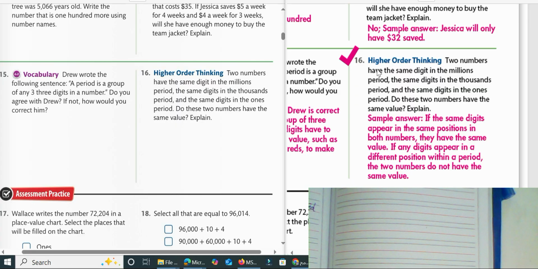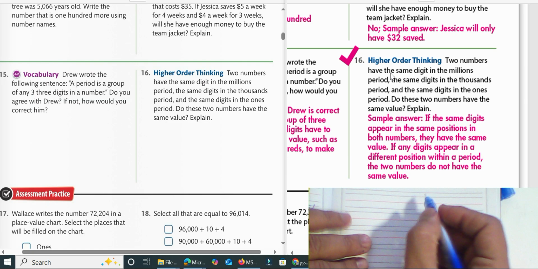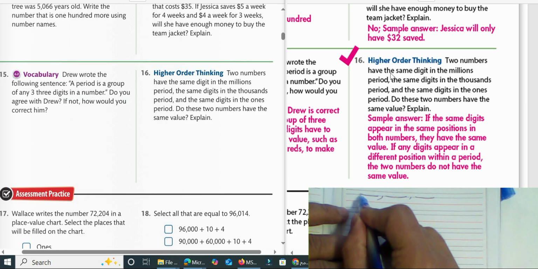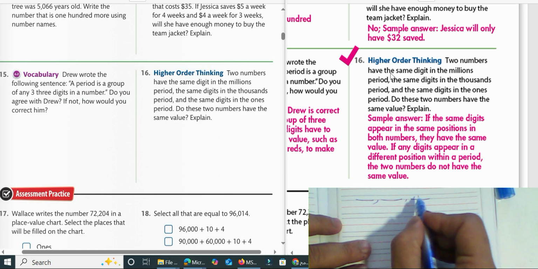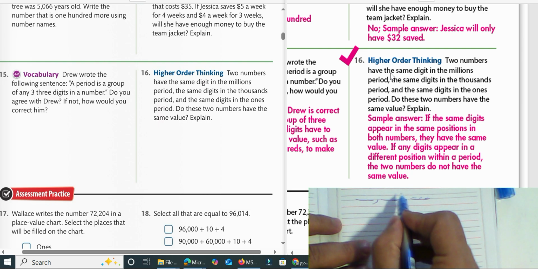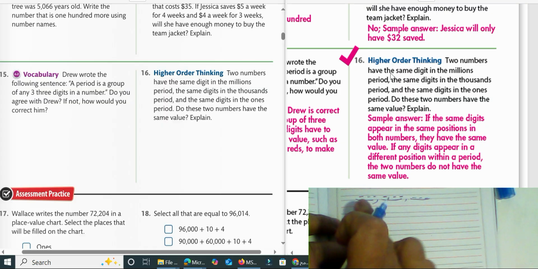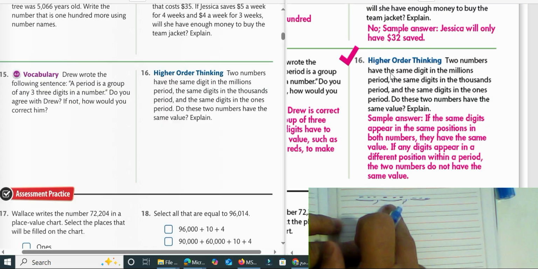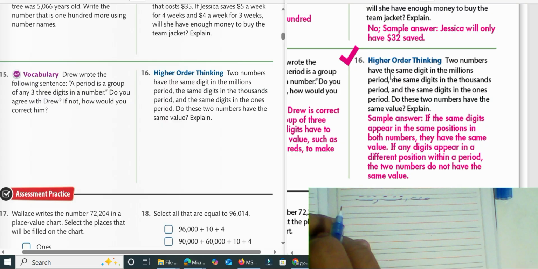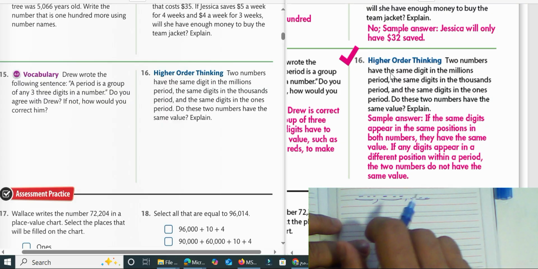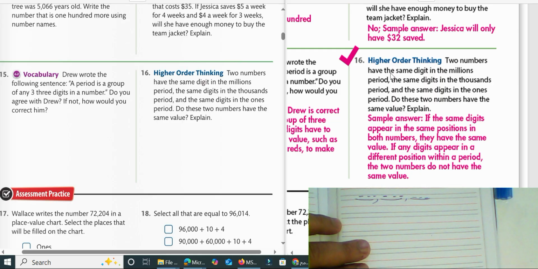Again, 2 numbers have the same digit in the millions period. We know first, second, third, 3 periods. The first contains 3 digits: ones, tens, hundreds, thousand, 10,000, 100,000, million, 10 million, 100 million. If the same digits are in the same position in both numbers, they have the same value, and if any digit appears in a different position within the period, the two numbers don't have the same value,